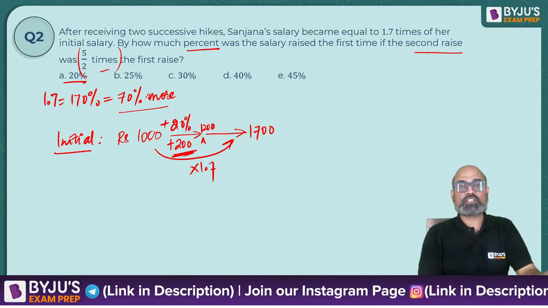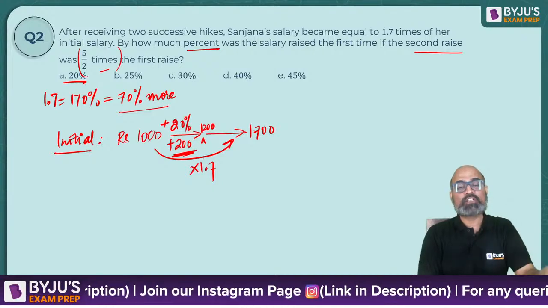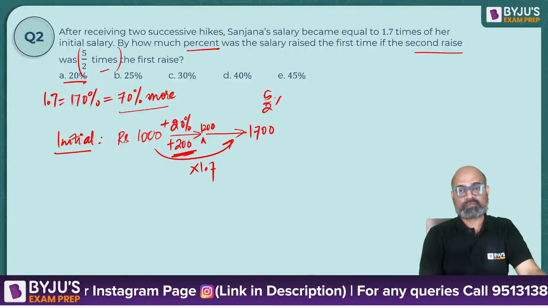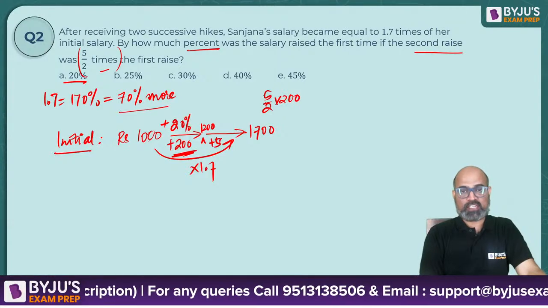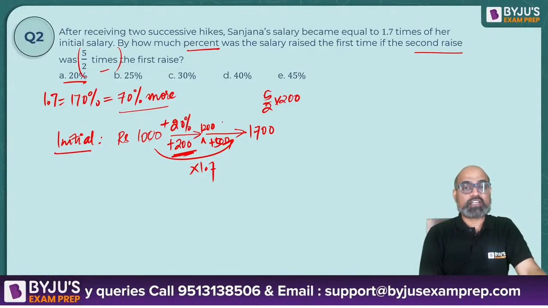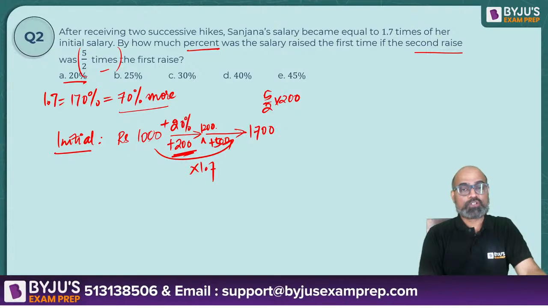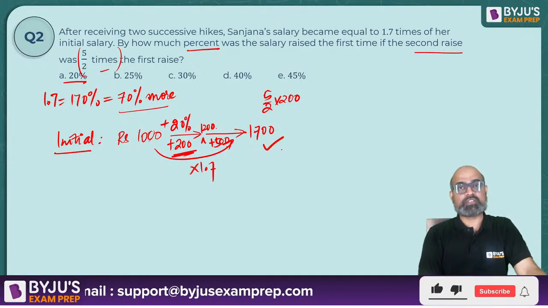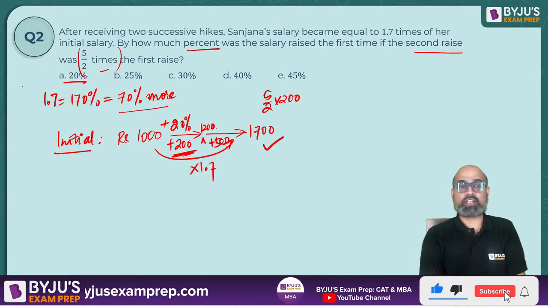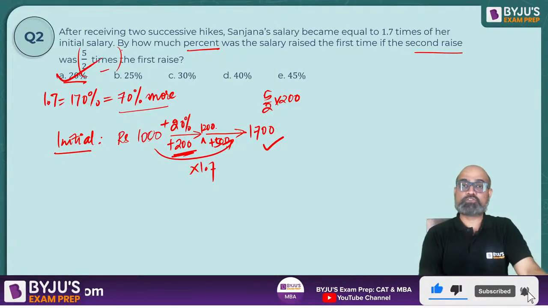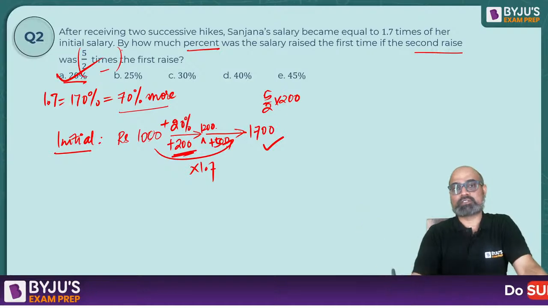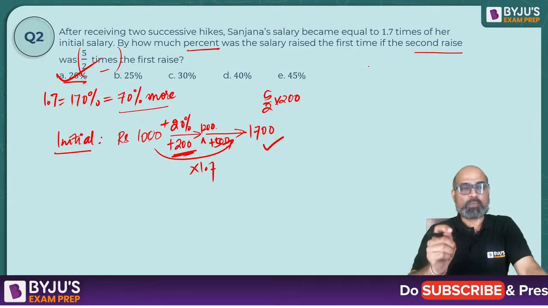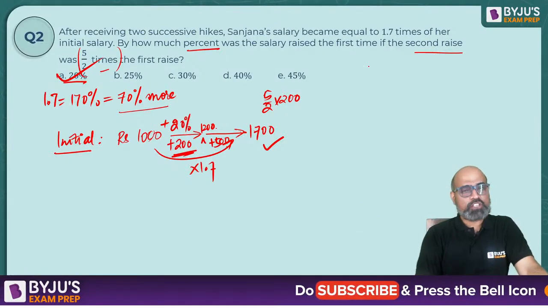The previous raise is 200, right? What is 5 by 2 times of 200? 500. So the next raise is 500. So if you increase it by 500 now, 1200 plus 500 will result in 1700. Got our answer. Thankfully, it was the first option. Otherwise, we may have to check 3-4 options and eventually get to an answer. See, smart, simple. Use the values,